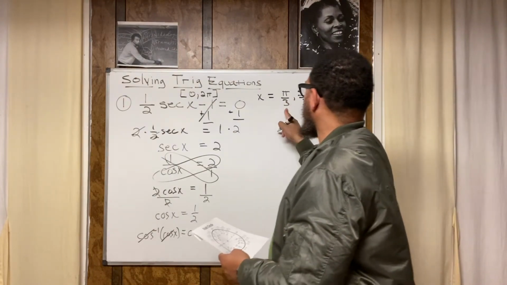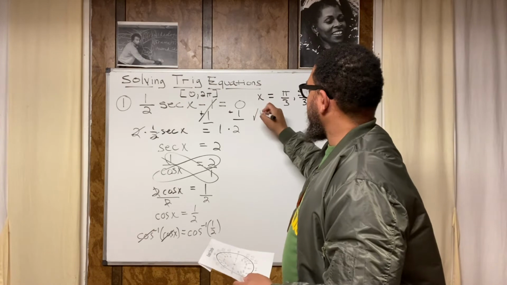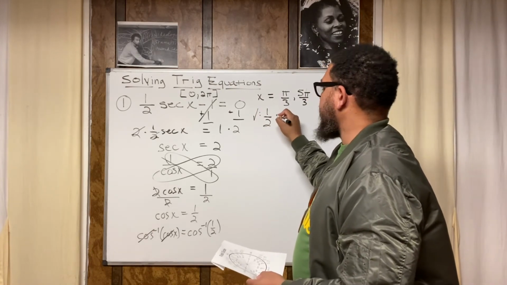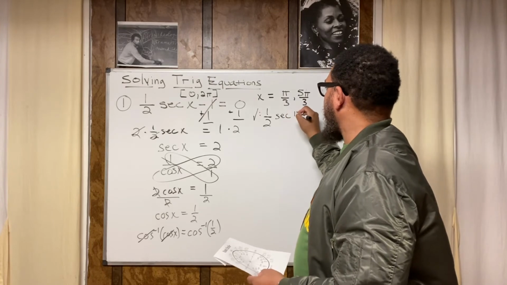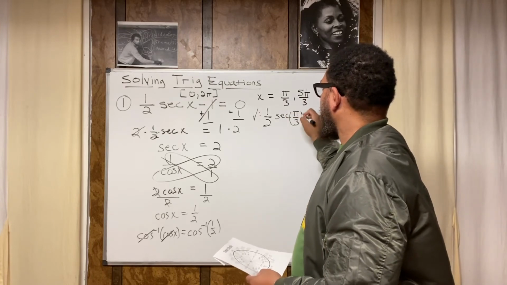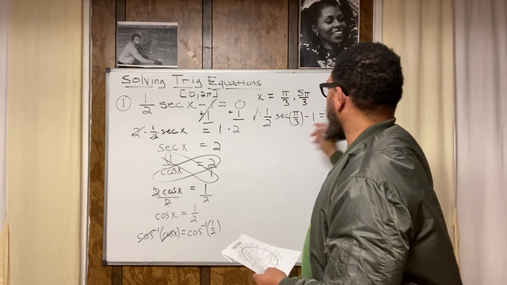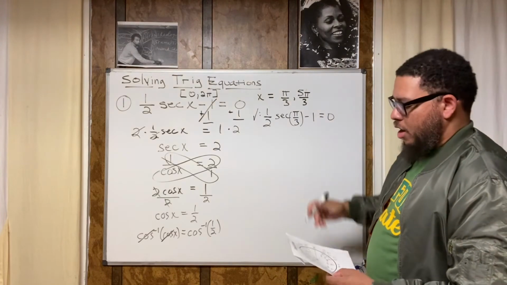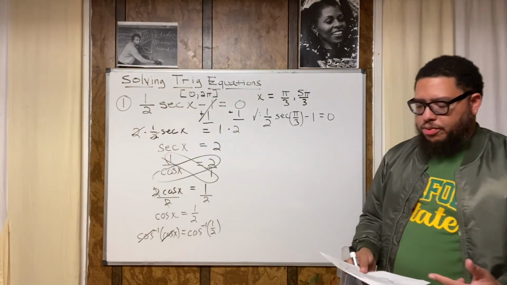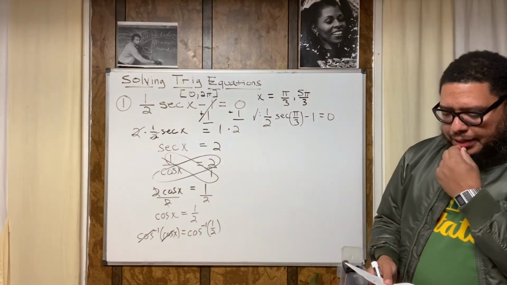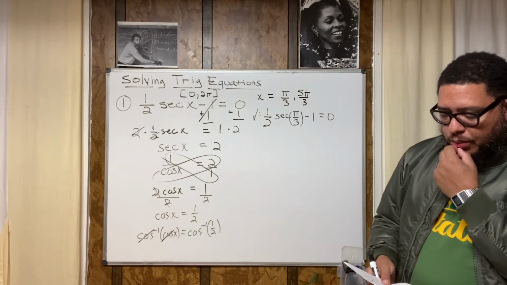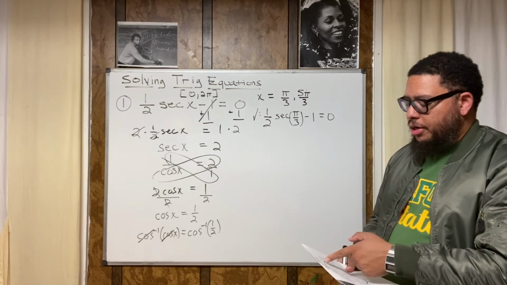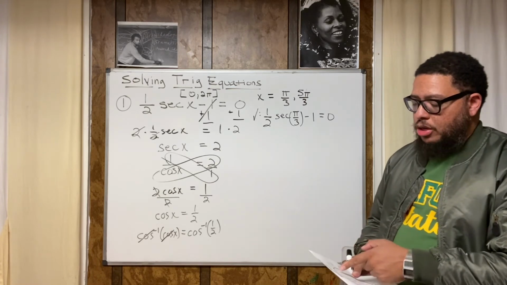So let's try to prove that pi over 3 is correct. So we're going to check, and I'm going to do 1/2 times the secant of pi over 3 minus 1 is equal to 0. Now, I want to know if this is a true statement, right? First thing I'm going to do is find the secant of pi over 3. Well, secant is the inverse of cosine. So if I can find the cosine of pi over 3, which is 1/2,